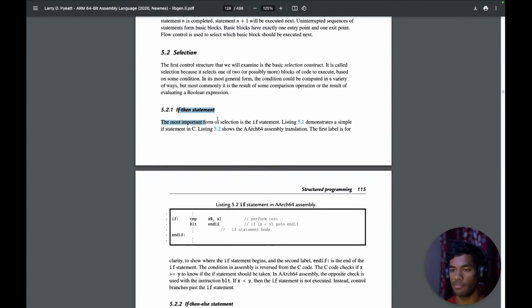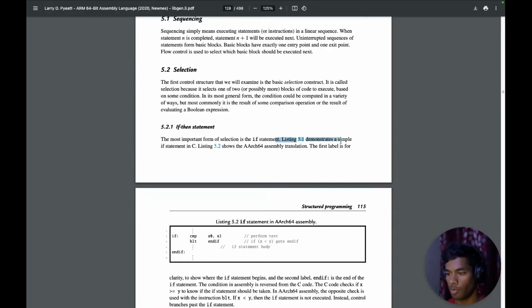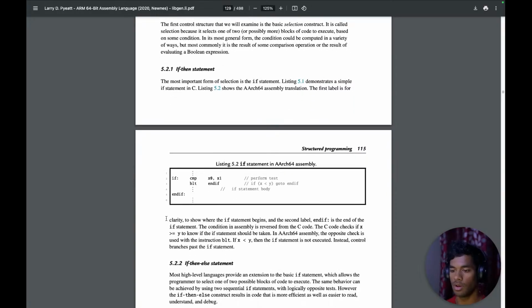The if-then statement. The most important selection statement is the if statement, listing 5.1, the one above. If this, then execute this block. Listing 5.1 demonstrates a simple if statement in C. Listing 5.2 shows the AArch64 assembly translation. The first label is for clarity to show where the if statement begins, and the second label, end if, is